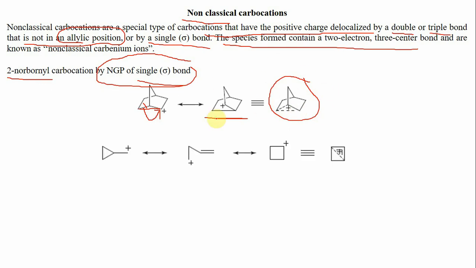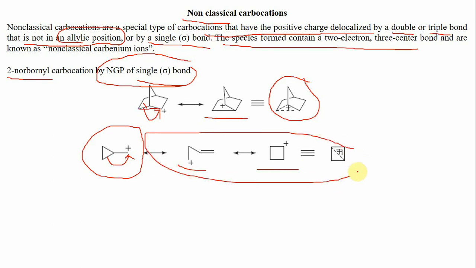Okay, the other example is this one. Now here in this case also this carbocation is stabilized by neighboring group participation of this sigma bond. Now here these sigma electrons get transferred to this positively charged carbon to give rise to another resonance structure. So again here also there is a formation of a two electron three center bond, and this is also a non-classical